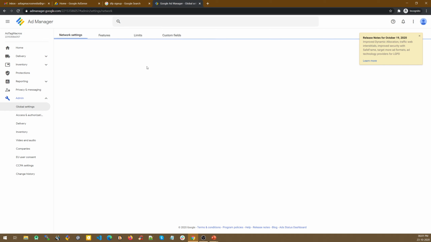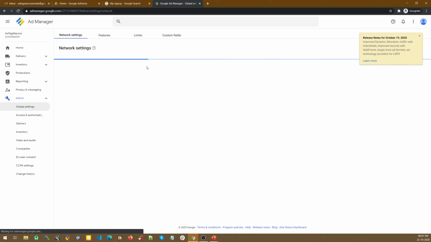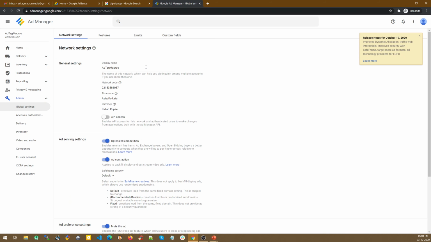You can name it in general whatever site you have, or the network of sites you have, your company name or anything. That option can be set up, and it depends on you. We will dive deep into Google Ad Manager and all these options, but for now we will just stick with the creation of the Google Ad Manager account.